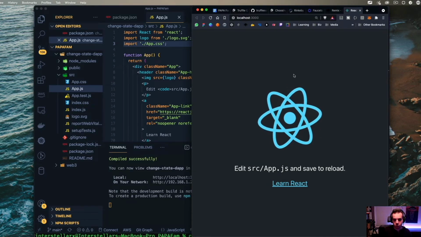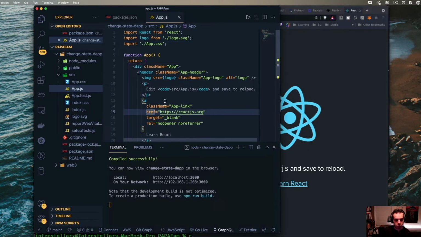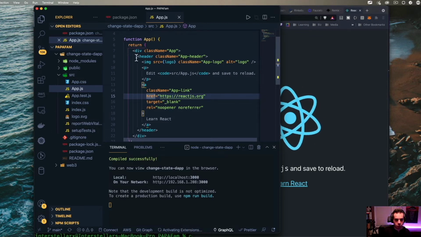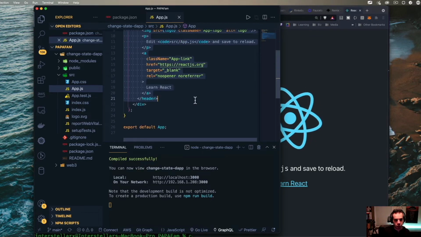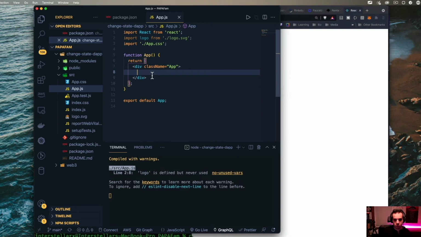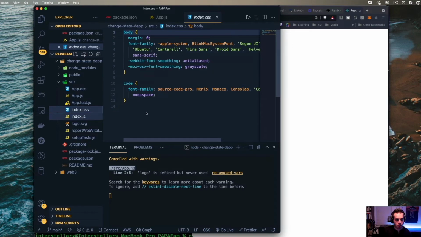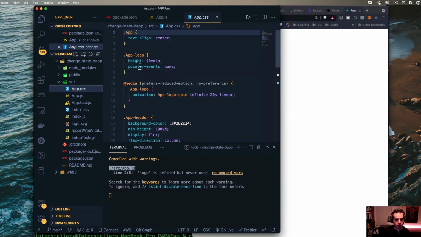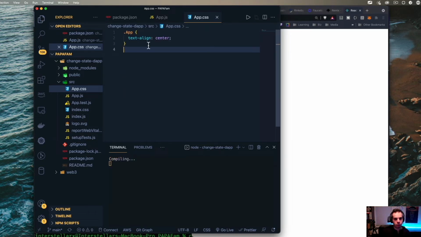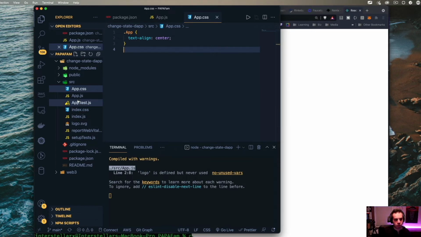When your app loads, you see the spinning logo, and that's the template. So specifically we're going to cut out a lot of the styles and a lot of this filler code. We're going to take out everything from header all the way down to header, and it's going to leave just an empty div. There's going to be just a white screen, and we're not going to have anything there. This is all of the styles in the index.css, and this is the App.css. We're going to basically take all of this and copy it down because we're not going to need any of that. That's just from the previous template. But I do like to have everything centered, so we'll keep that unless we want to remove it.